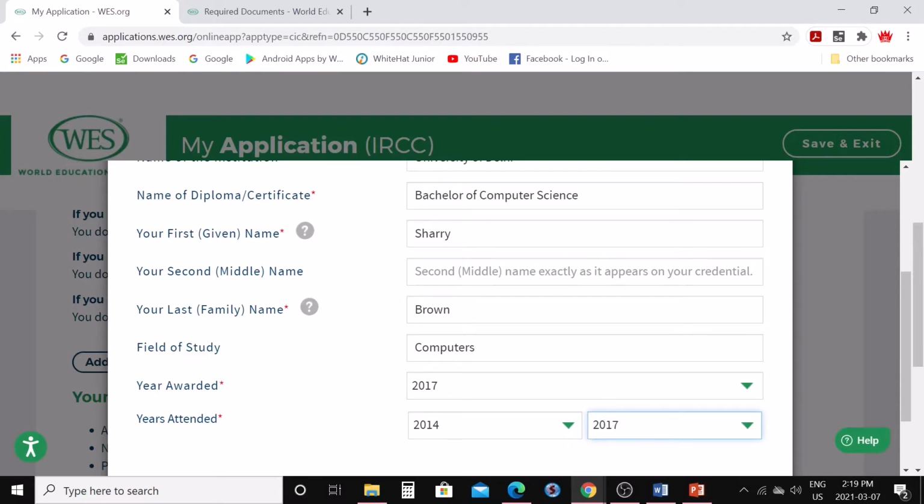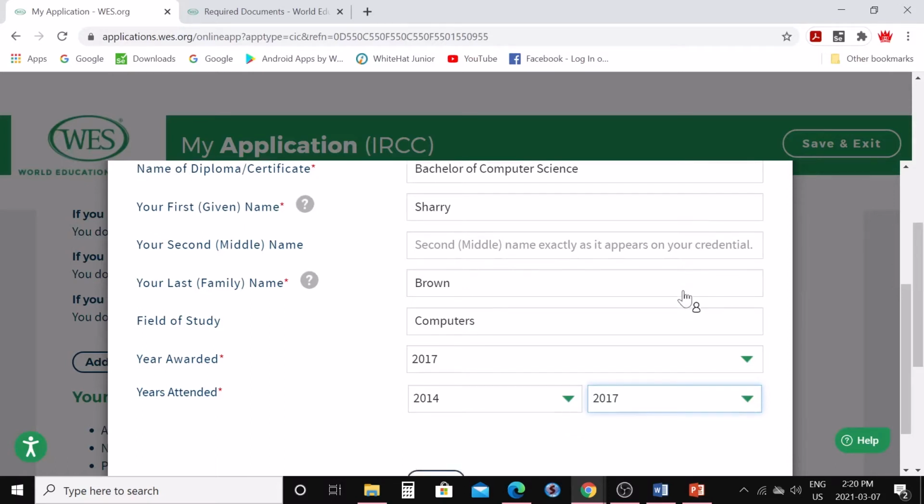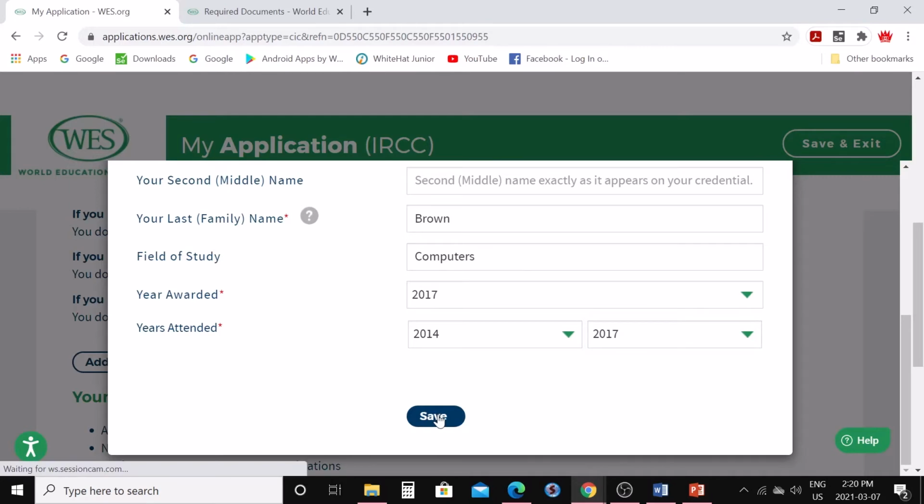So guys, when you are writing your name here, write the same name as it appears on your credentials. But in the personal information form, I recommend to fill out your name according to your passport, whatever it is in passport. And if you have a little bit different name on your passport and credential, put an affidavit to explain why your name is different and you are the same person. So go ahead and click on save.